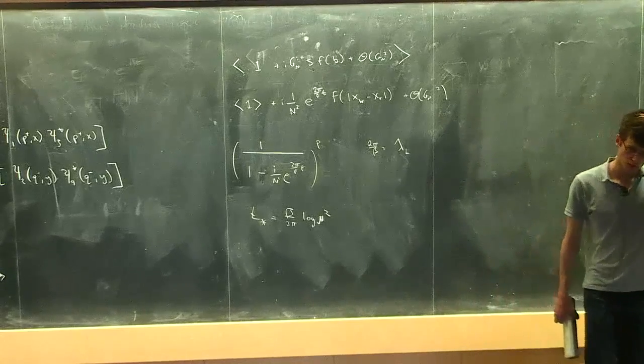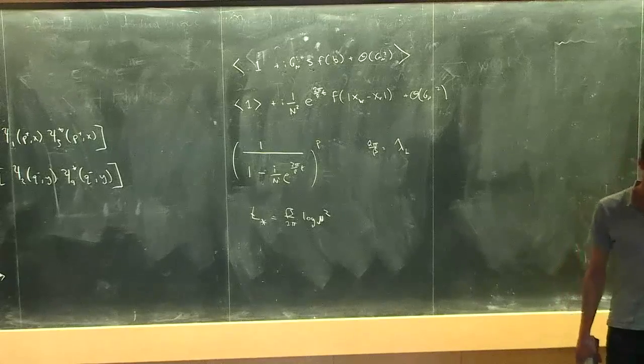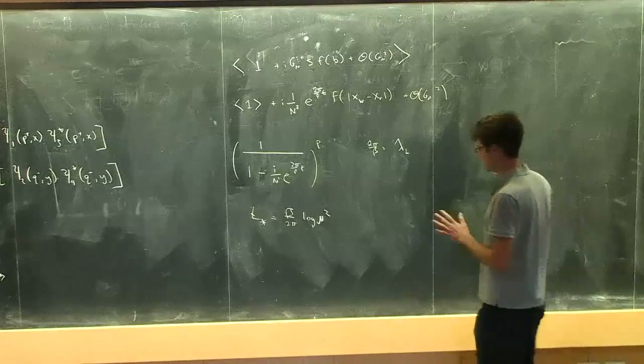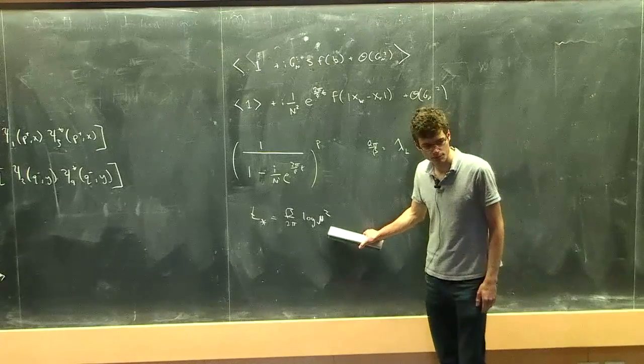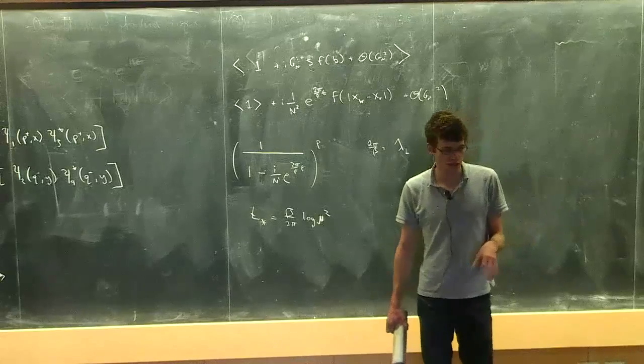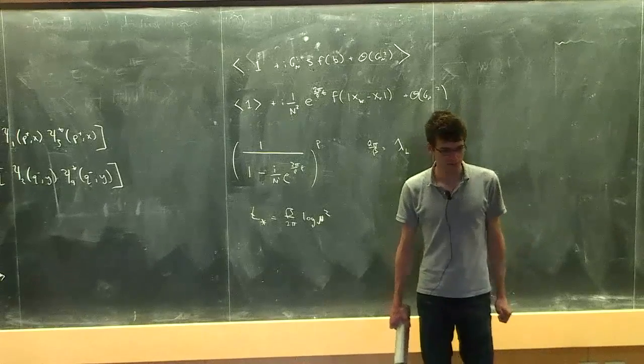Yes? Can you say again what N corresponds to in the spin chain? Is it just the length of the spin chain? Well, here, no. The spin chain doesn't really have a parameter like N. N would be the number of degrees of freedom at a single site. So in the spin chain, N is 2 or 1 or whatever.